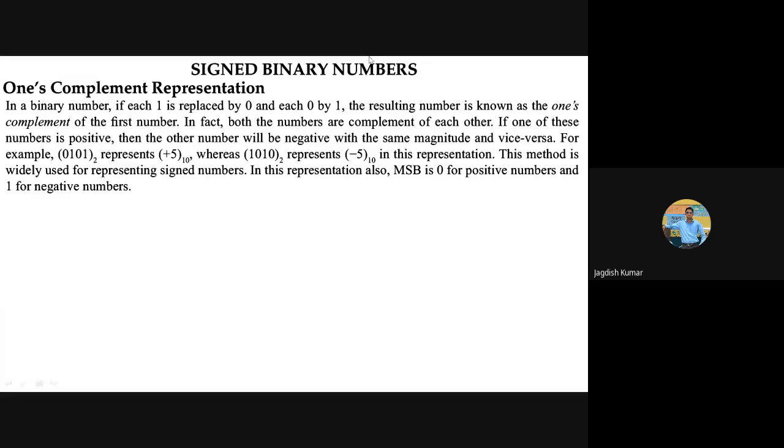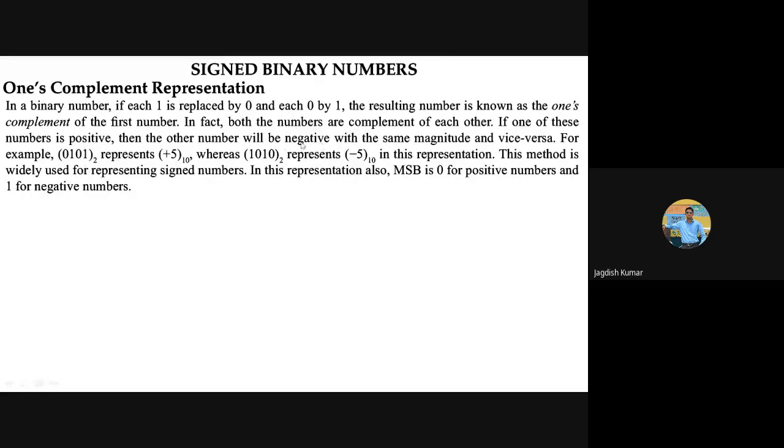When somebody says, okay, my representation is ones complement, the first thing you should see is, what is my most significant bit? If your most significant bit is 0, you should use the rule to convert the number the way you usually do. That means you simply take the weightage of each bit, and accordingly get the number in decimal form. But if the most significant bit is 1, then you should first take its ones complement. Then you will find the actual number, and because the most significant bit is 1, we will say this is the negative of that number.